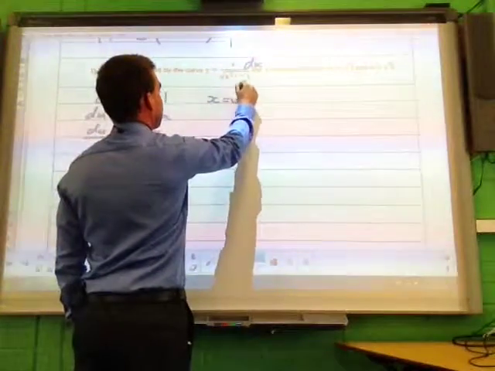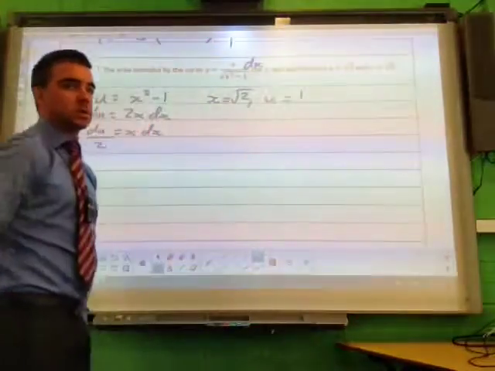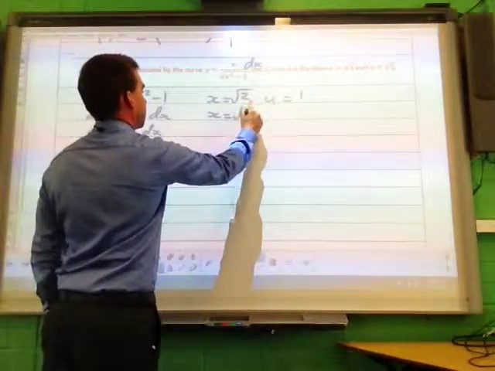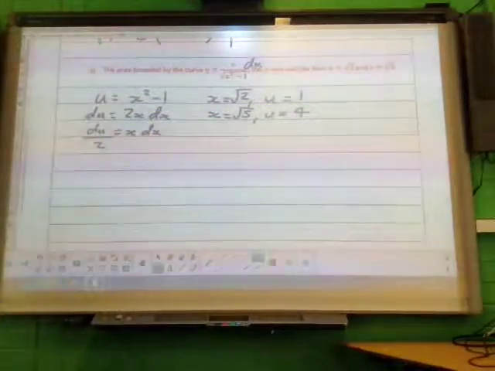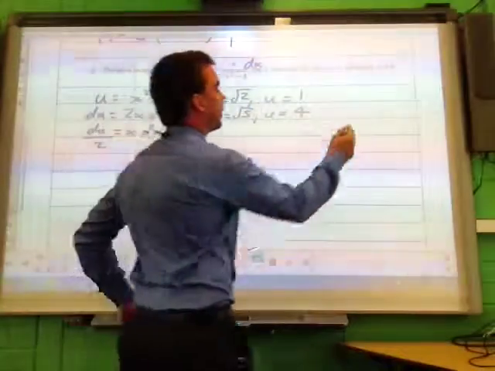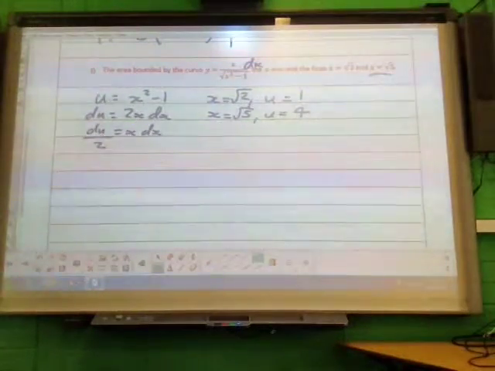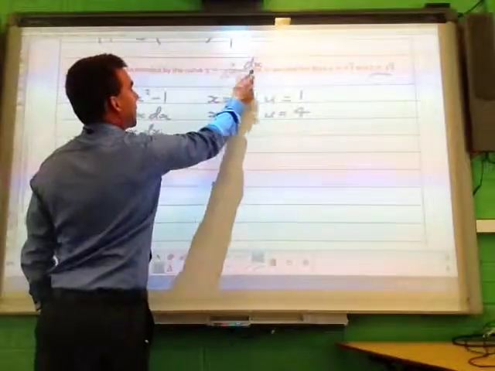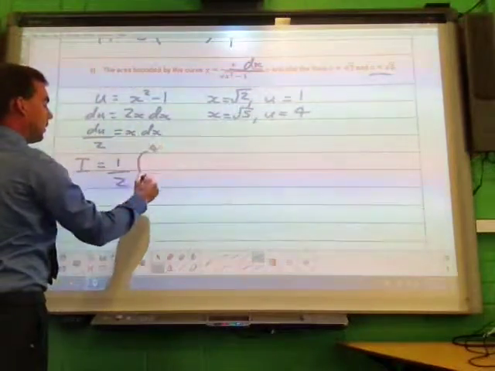So when x is the square root of 2, u is going to be 2 take away 1. When x equals root 5, u is going to be 5 take away 1. So that's the highest one. That's further to the right, so that means the 4 is going to be on top of the integral. So replace x dx with what I've got over here. So it's going to be a half integral from 4 to 1